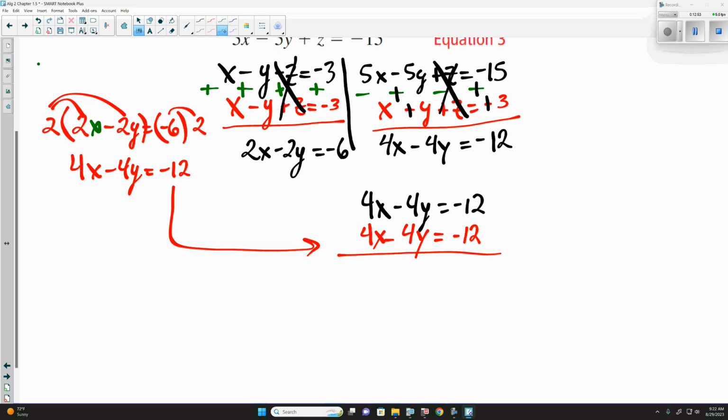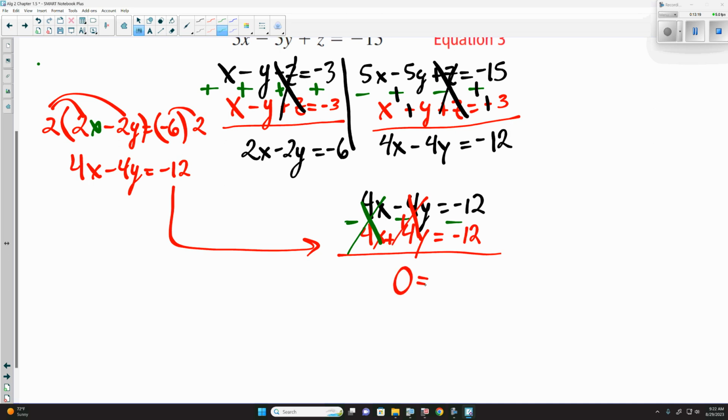Last part, do we add or subtract? 4x minus 4x is indeed... negative 4y minus negative 4y, because the negative negative would make a plus. Dang it, I keep forgetting about that. So negative 4y plus 4y is,